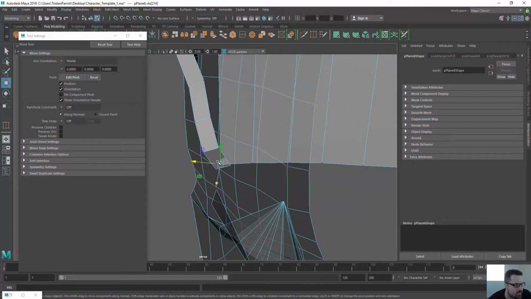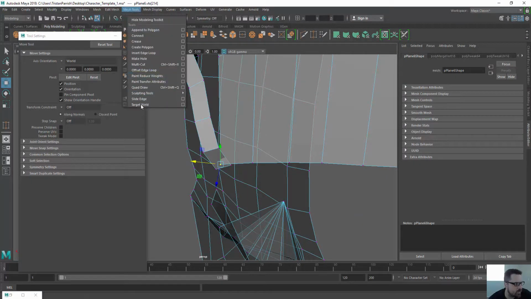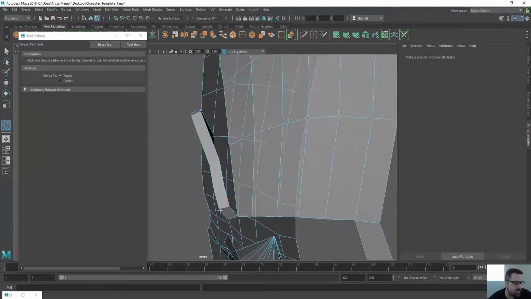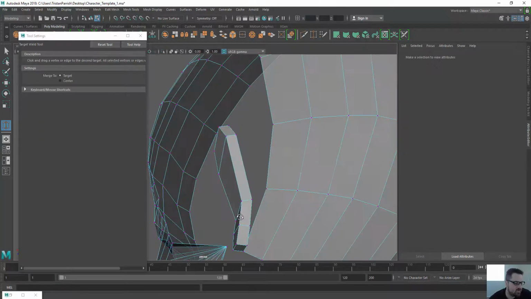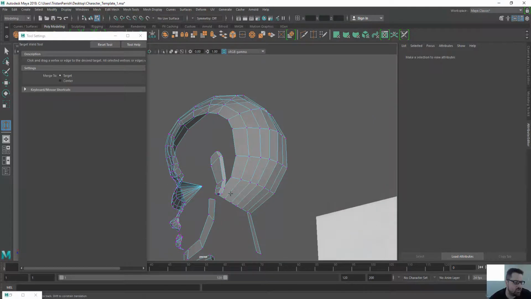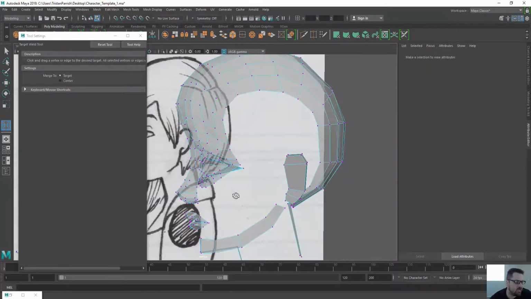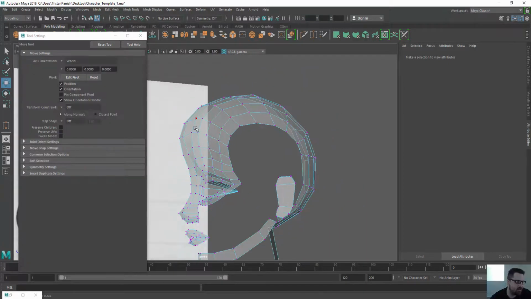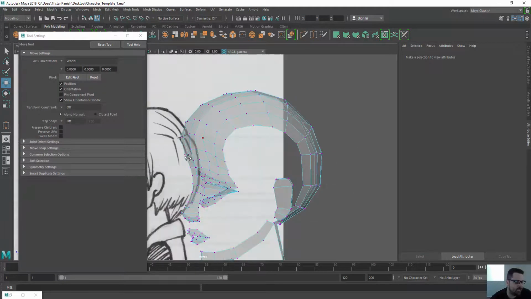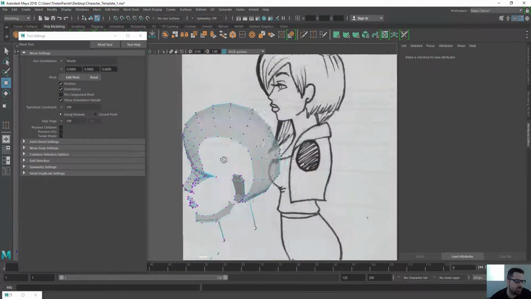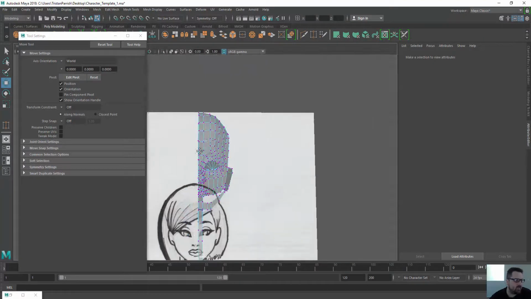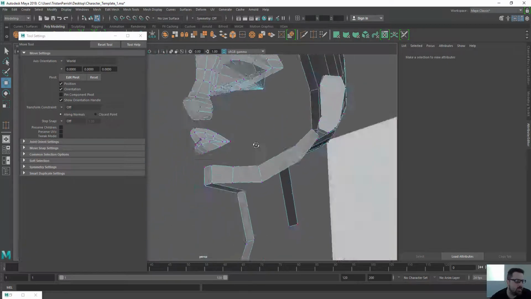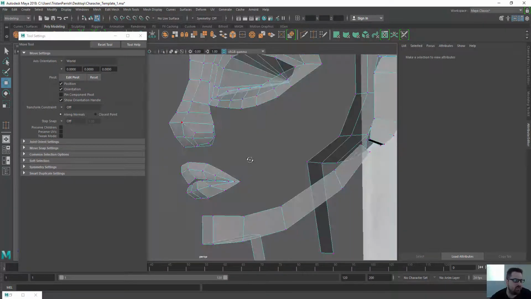Okay, and actually, I'm going to take this vert and target weld that one to the corner of the ear here, and then we'll make the edges that are necessary to bridge the transition into the ear in a little bit. I actually think we may have too many edges at the top of the head, but we'll resolve that here in a bit. So okay, let's go ahead and get back to